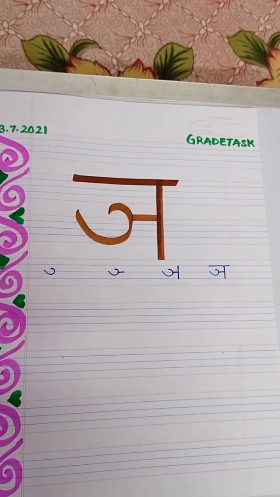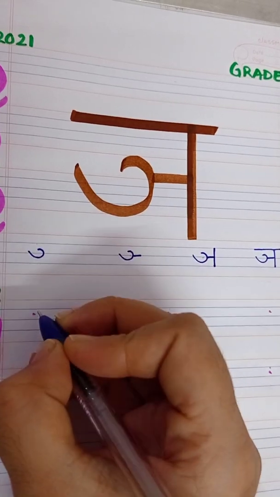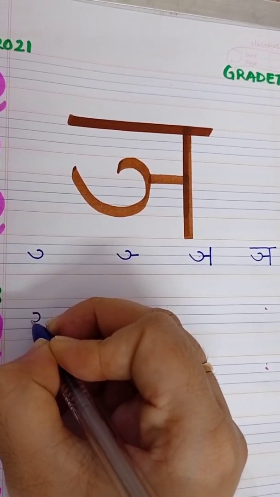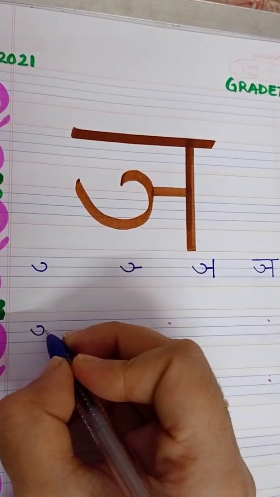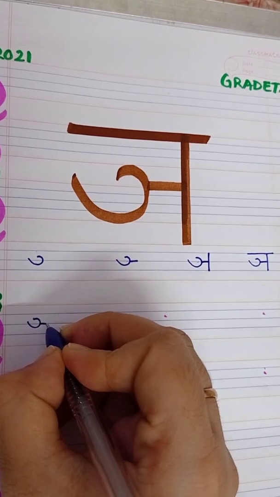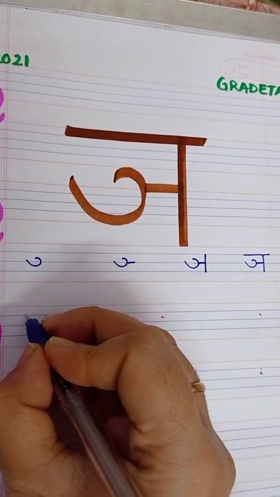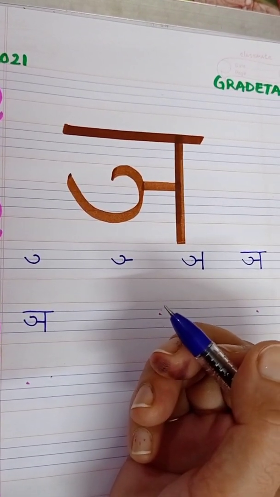Let us practice Nya on the dots now. Keep your pencil on the dot. Make opposite curve, go up, cross the middle line. Do not touch it to the bottom, okay? Then make one sleeping line, standing line top to the bottom, and then one sleeping line at the top. It makes Nya.